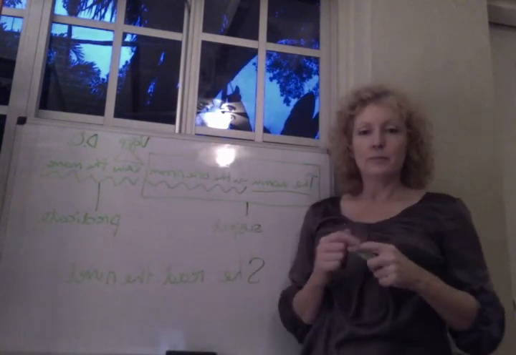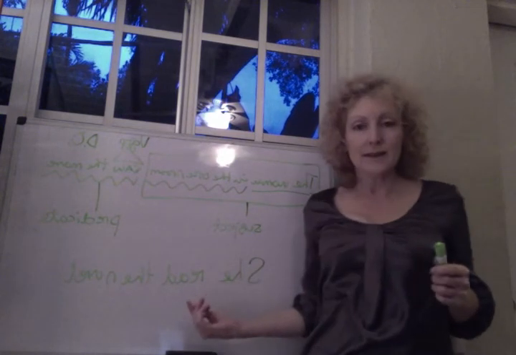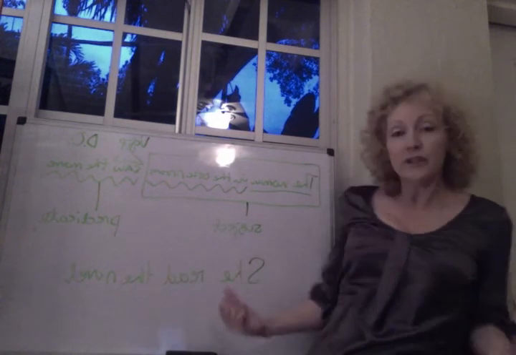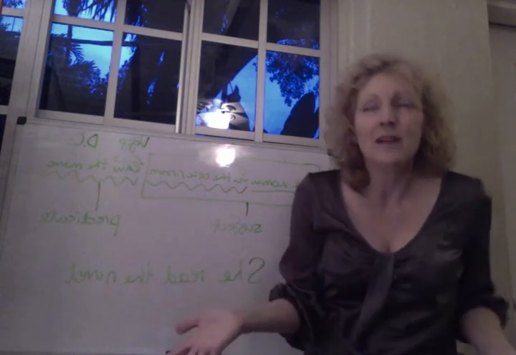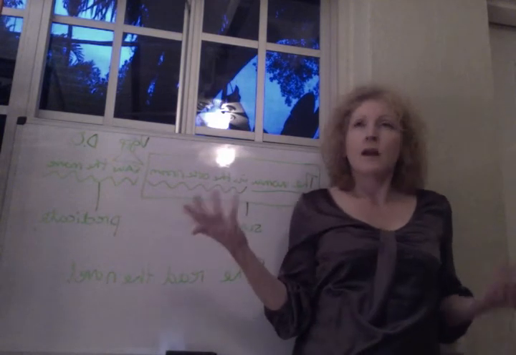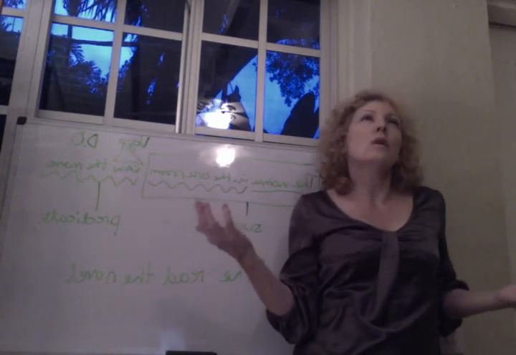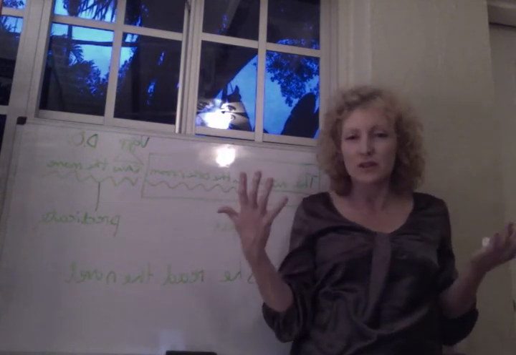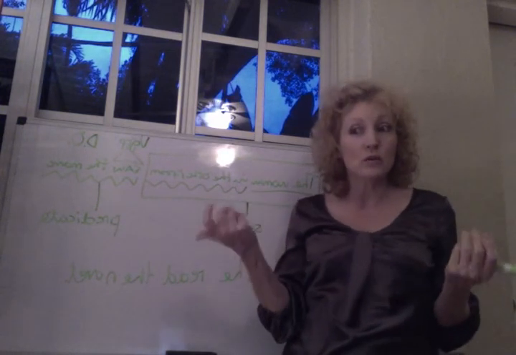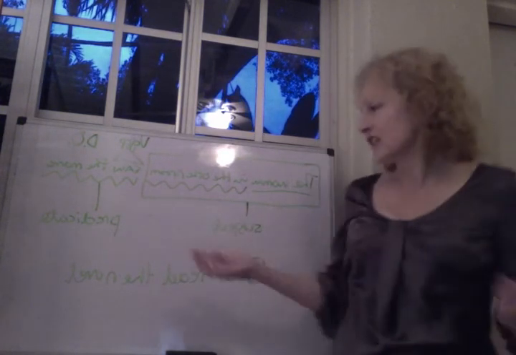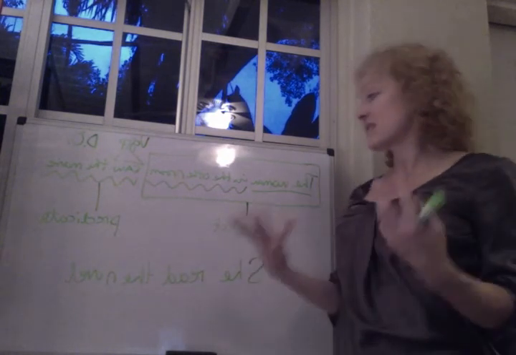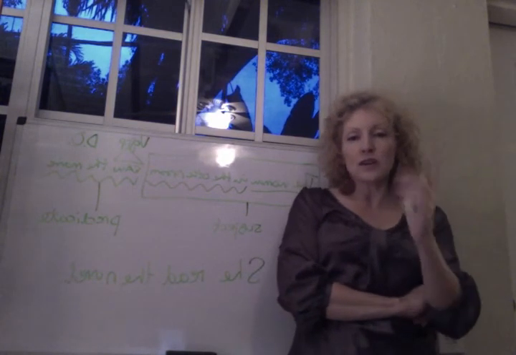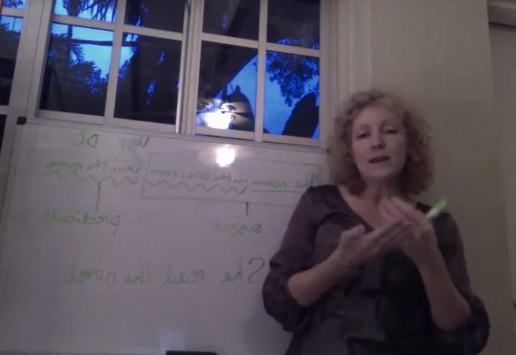She read the novel. So who is it that we're talking about in this sentence? We're talking about she. Now, if I come up to you out of the blue and I say, oh, you know, she was reading the novel, you're just going to look at me like, well, what's going on there? Because I don't know who she is, unless we've been having some conversation about a person who we both know that we're going to refer to as she. It's a really weird thing to just come up to someone out of the blue and say, she read the novel. That doesn't work.